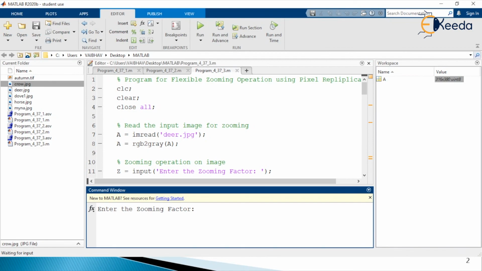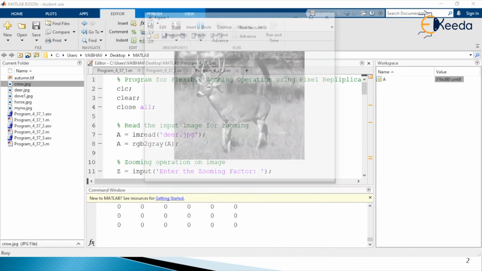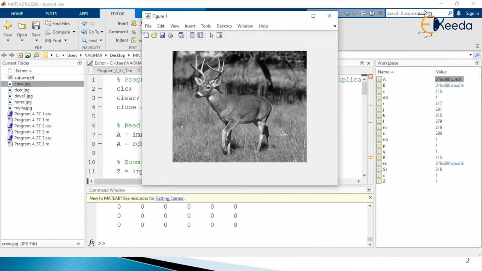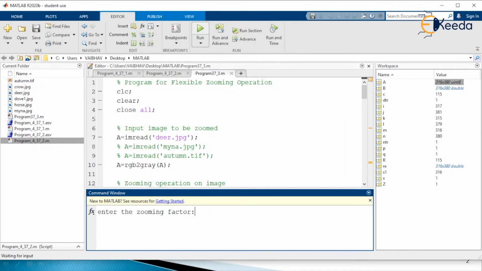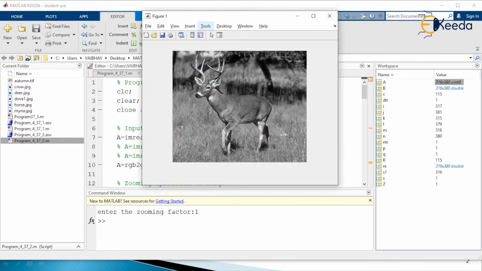As I hit enter, you see there it is, deer. On the command window we are having a matrix generated here, so I think I am missing a semicolon here. So as I provide the value 1, it is showing us the deer.jpg in the RGB form here.